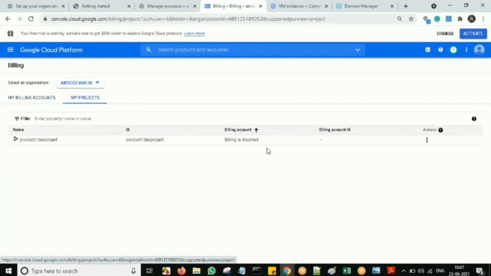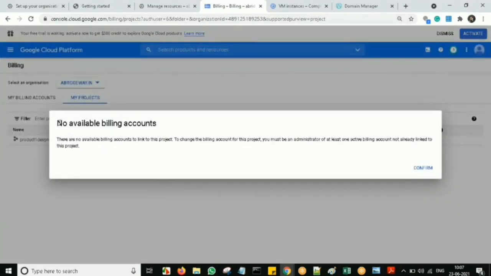See, billing is disabled now. Clear? So when you go for change billing, you can attach the billing. But what it is saying, no available billing accounts. So first I need to create one billing account and then I can map the billing with this project. Got it?